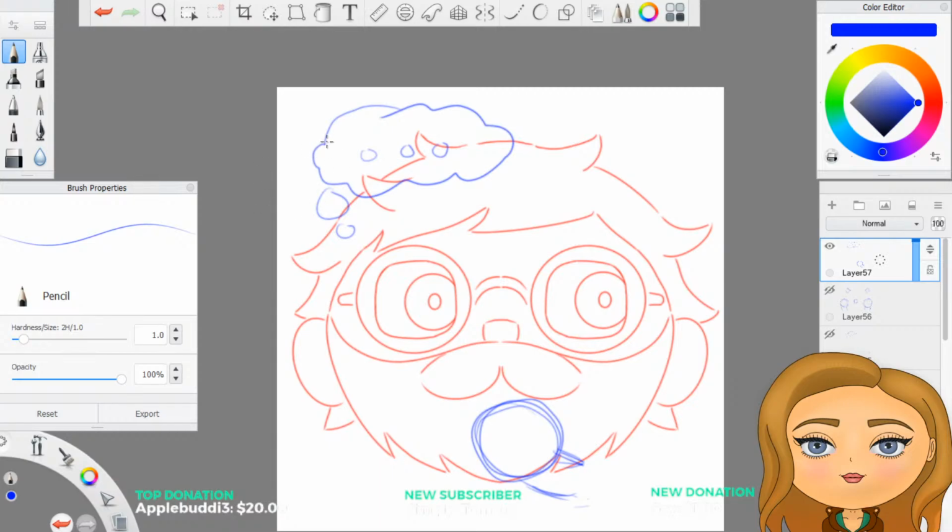Honestly, this thought bubble is kind of meh shape-wise, but yeah, I can't really move the eyes from where they are on the underdrawing.